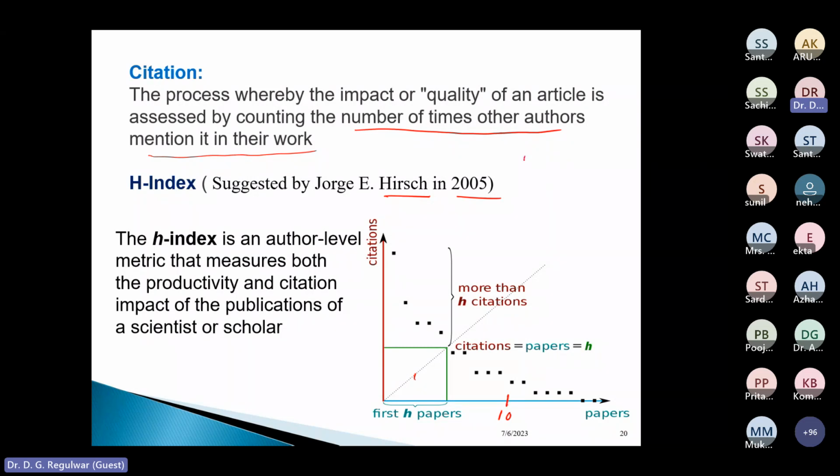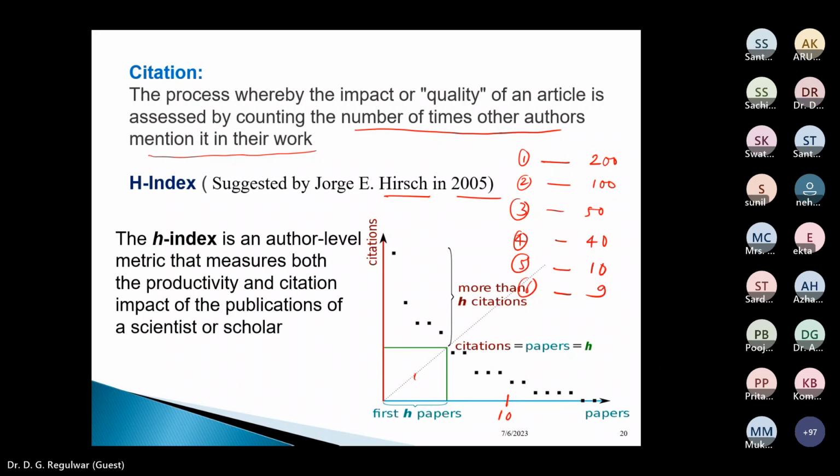Suppose my first paper has maybe 200 citations. The second paper has 100 citations. The third paper has 50. The fourth paper has 40. The fifth paper has 10. The sixth paper has, suppose, 9. So all these are 10 and above, and the sixth is 9, the seventh is